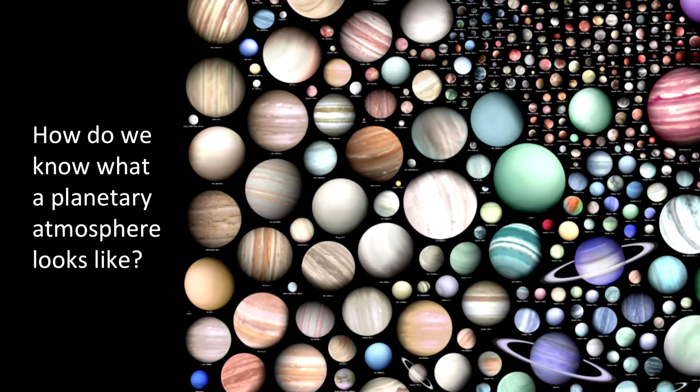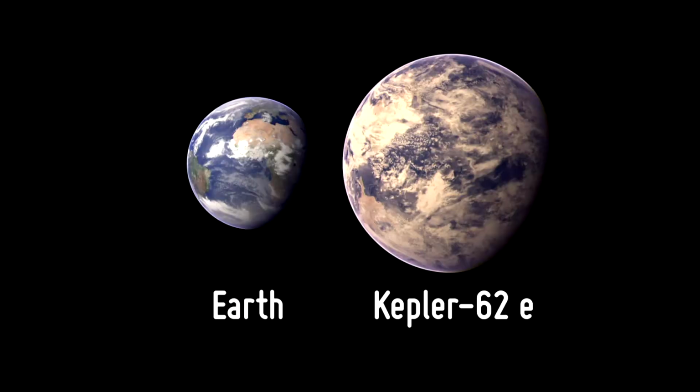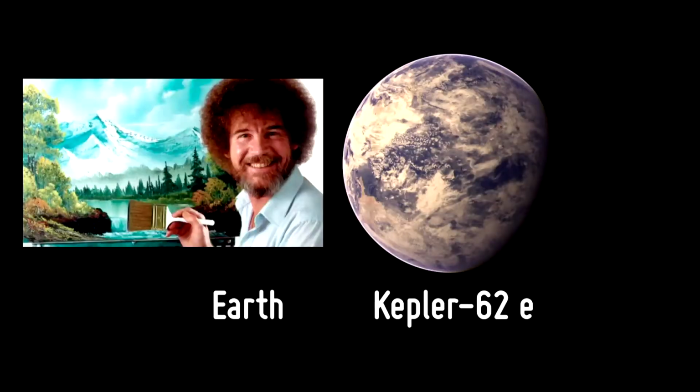It seems quite obvious when we're looking at other planets like this what a planet is. And if you look at this assortment here, this is a chunk of the exoplanetary menagerie from a few years ago. Everything up there, it's the atmosphere we're looking at, and it's the atmosphere that makes it clear to us that these are planets and not just a bunch of marbles sitting on a table. So you might ask, how is it that we know what these atmospheres look like? For instance, here's a picture of the Earth taken from orbit. And here's a picture of Kepler-62e. Now, I can tell you this probably is not too bad a representation of Kepler-62e. And it's not a view that we can get directly from a telescope or from a satellite right now. In fact, it comes from somewhere else. It is a completely manufactured product,